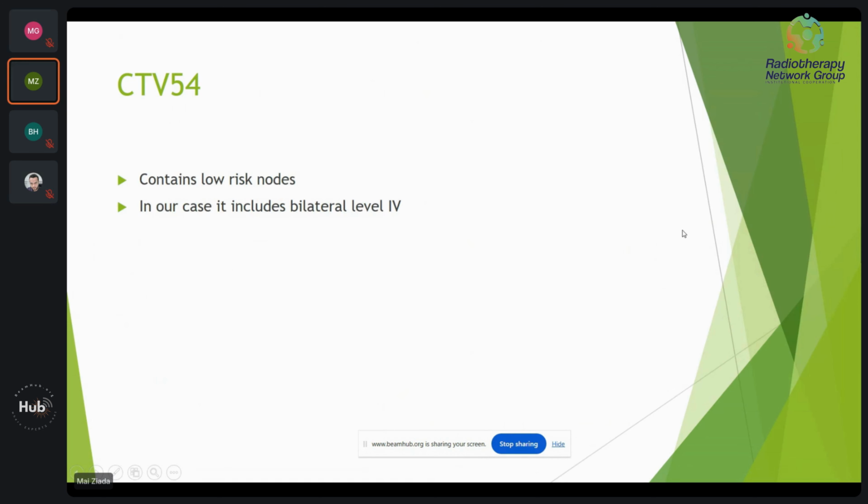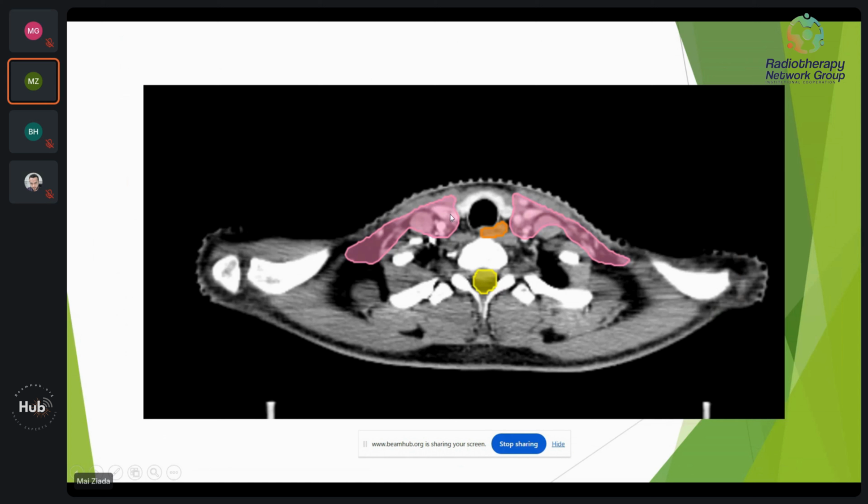CTV high risk was ended at level 3, and on this case we have received level 4, bilateral level 4, as a CTV low risk, which is CTV 54. So going down here, we started to delineate our CTV 54, which is the low risk,